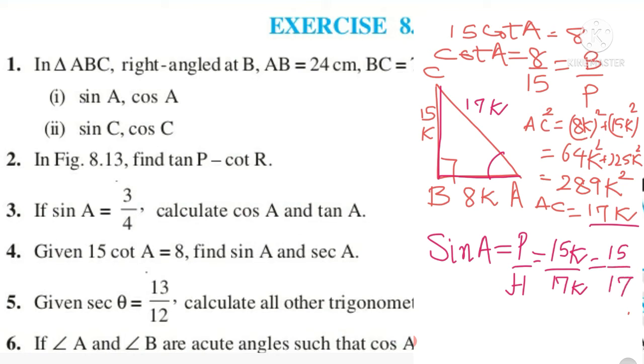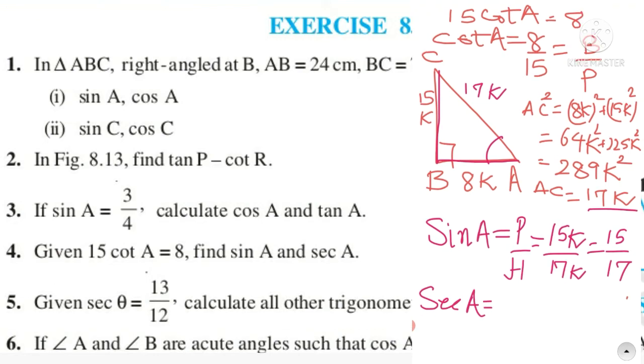And then we are also required to find out secant A. So let us see. First, this is a reciprocal ratio. So just think in your mind, it is reciprocal of what? It is reciprocal of cos. As I told you, SSCC will not come. It will be Supreme Court. So if S is here, its reciprocal ratio is cos. Now cos is curly brown hair. So we shall write in reverse, brown hair. So my hypotenuse is now 17K. My base is 8K and answer comes out to be 17 by 8. So I hope you're clear about all the fundamentals and basics of these questions. That is why I'm going a bit slow.